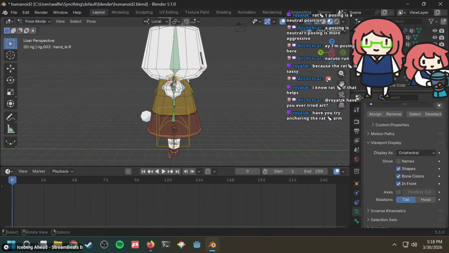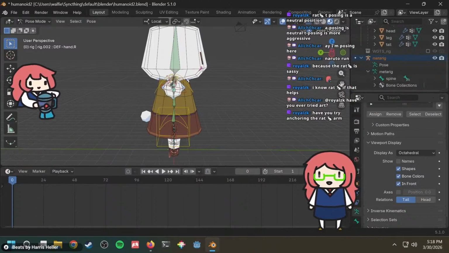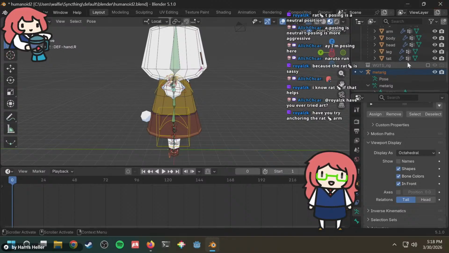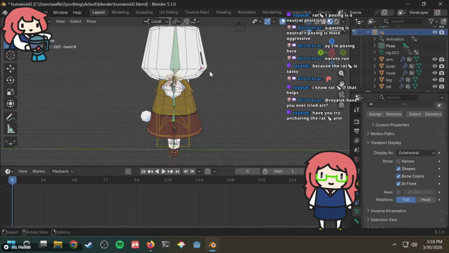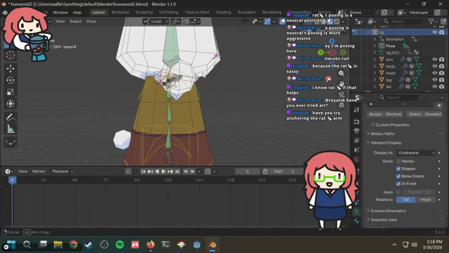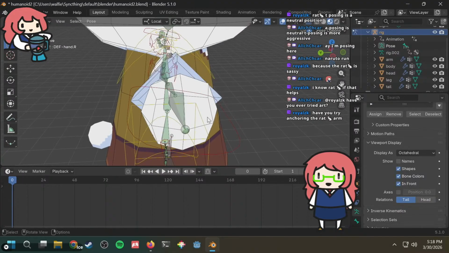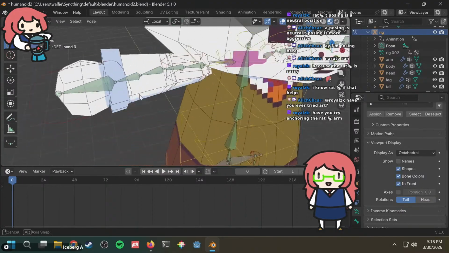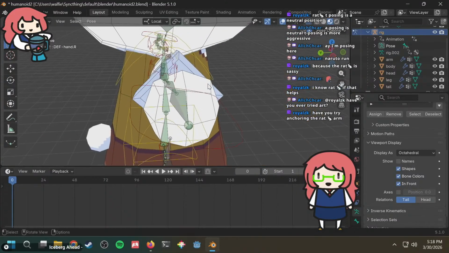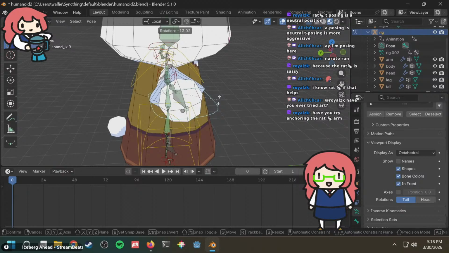What if you were to grab this and then... hold on. We've got too many things on the screen, guys. Now click on the rig, right, and then the arm also looks like it's slightly rotated. Do you see this, everyone? It appears to be slightly rotated. Now, I don't know if this was intentional.